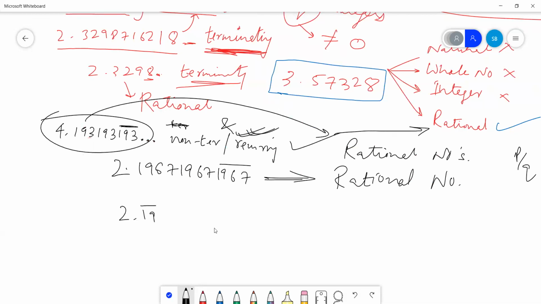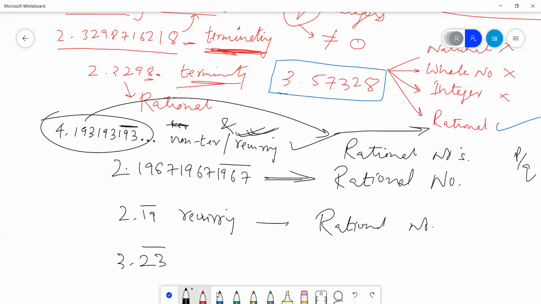2.19, there's a bar on 19. That means it is 2.19191919. So it is obviously non-terminating, but it is recurring. So if it is recurring, then it is a rational number. It is a rational number. Right? Right. Can you tell me about this